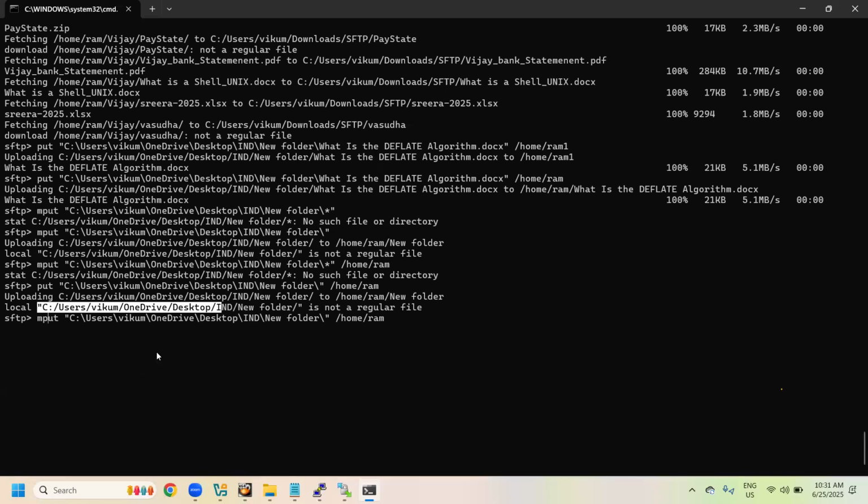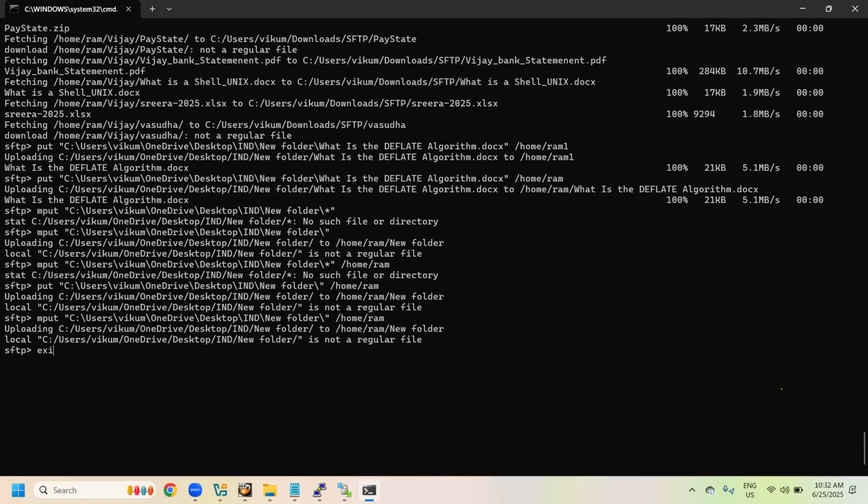Now you have learned how to do this. For example, if you want to come out from here, you just have to press exit. Exit is a command where we can come out from the Linux server to the local Linux. For example, here. This is how we can perform the operations between Windows to Linux and Linux to